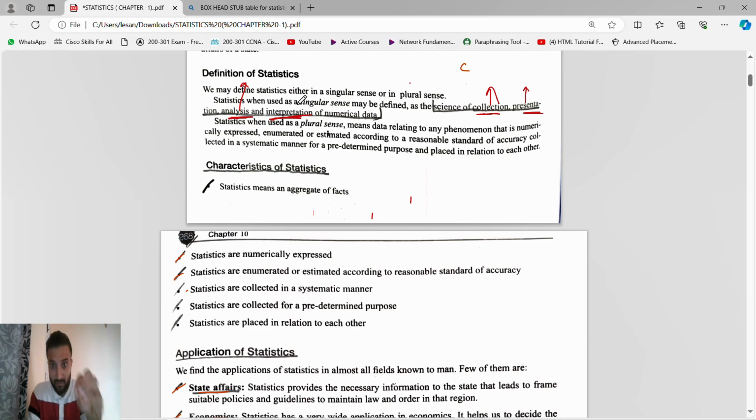Whatever we do in our life, everywhere we are using stats, because this is the only process. First we collect the information about anything. Suppose you want to go for a picnic. What will you do? You will collect the information of 5-6 wonderful, beautiful places, with ratings and how far each one is. After that you will present it in front of your family members or the people you want to go with. Then after presentation, you will analyze.